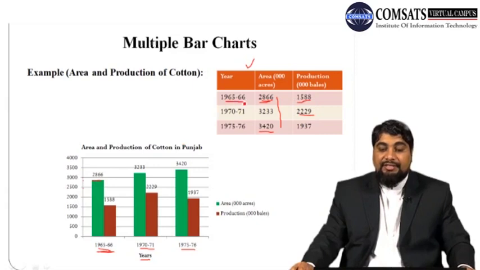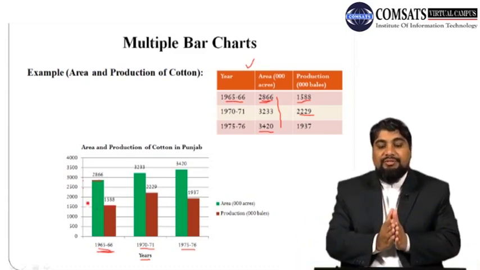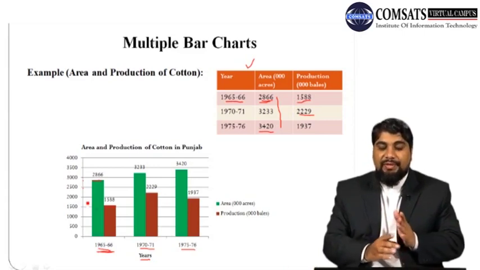और सेम ईयर के अंदर 65-66 द प्रोडक्शन ऑफ कॉटन in 1000 bales 1588. तो सेम जो है वो इसके साथ आपने सेकंड बार जो है वो प्रोडक्शन की इसके साथ कनेक्ट कर देनी है. सो अब इसकी हाइट जो है 1588. सो 1500 देन 2000. सो 1588 तो स्लाइटली 1500 से ऊपर ये चली जाएगी. तो ये एक आपने एक सेकंड बार कंस्ट्रक्ट कर दी. सो क्योंकि ये दोनों बार्स साइड बाय साइड हैं, दैट इज व्हाई इट इज कॉल्ड मल्टीपल बार चार्ट्स. मल्टीपल बार्स मीन कि आपकी काफ़ी सारी बार जो है, मल्टीपल मीन 2 और मोर देन 2. इन दिस केस वी आर डिस्कसिंग द 2 कैरेक्टरिस्टिक्स. सो 2 बार्स जो हैं वो आपस में साइड बाय साइड है.